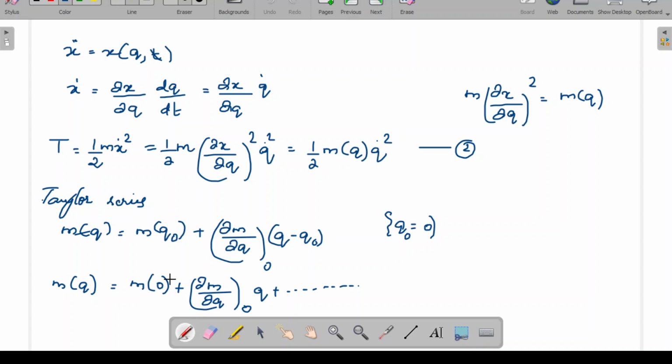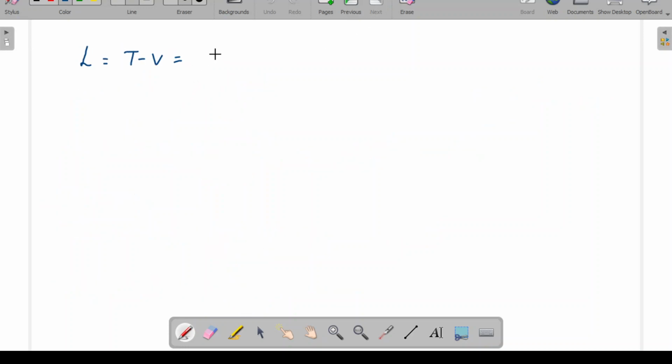So we retain only this first expression here. First, this mq is retained as m0 alone. So now I can write this expression as half, and instead of mq I can write m0 q dot square minus half k q square. Okay, now the equation of motion, Lagrange's equation of motion is d by dt of